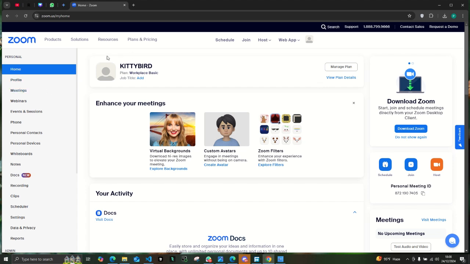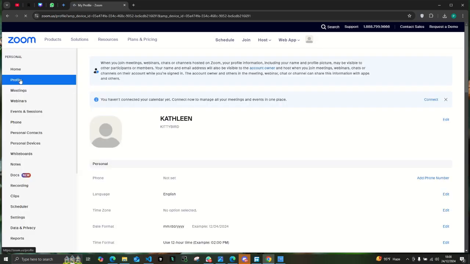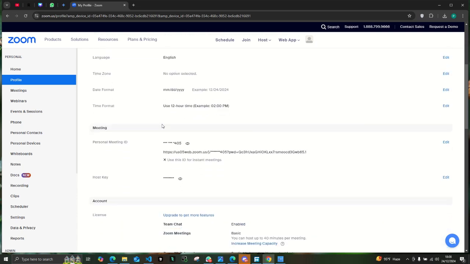First thing you do is open up your Zoom app. If you're using an app on your laptop, if you're using the web, head over to zoom.us, and then from the home menu is exactly where we are. Look over to the left and then you click on profile and then you scroll down